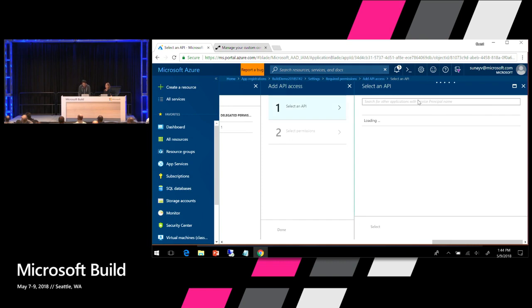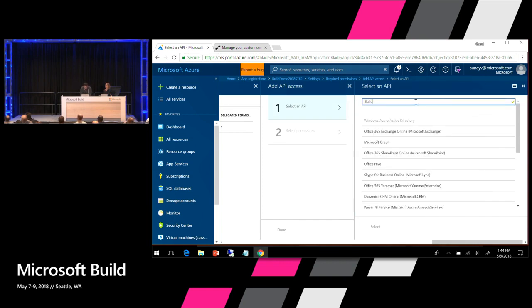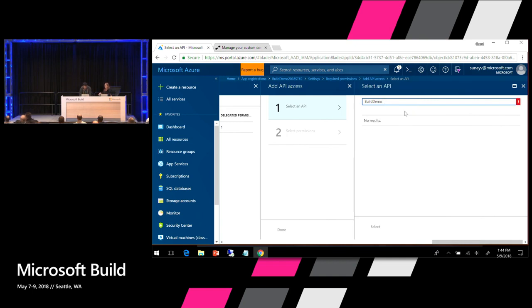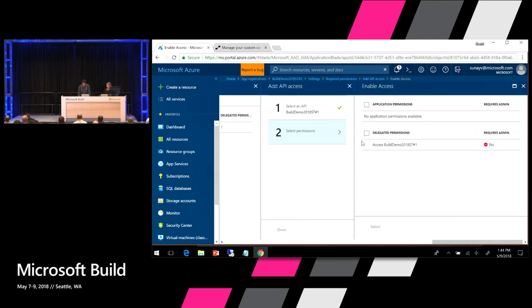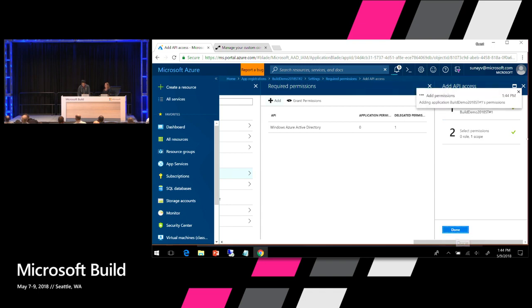We are saying, hey, can you find build demo SD? And again, we're getting a little into the weeds of how AAD auth works, but really once this is configured, this opens it up not just for your connector, but for anything accessing your service. Correct. So now I've selected the AD application that was protecting the web service, and I'm saying allow delegated permissions to access that website and the APIs under it. Once I'm done with this,